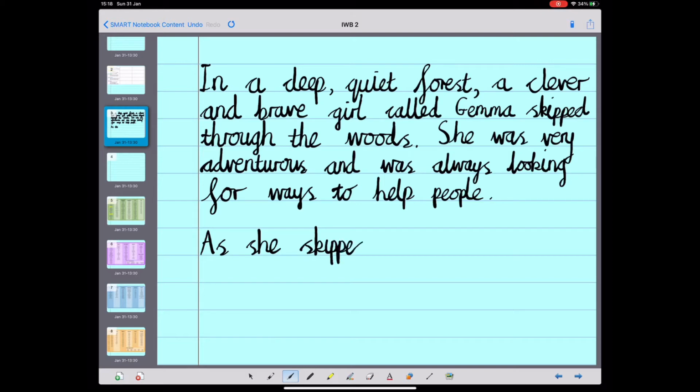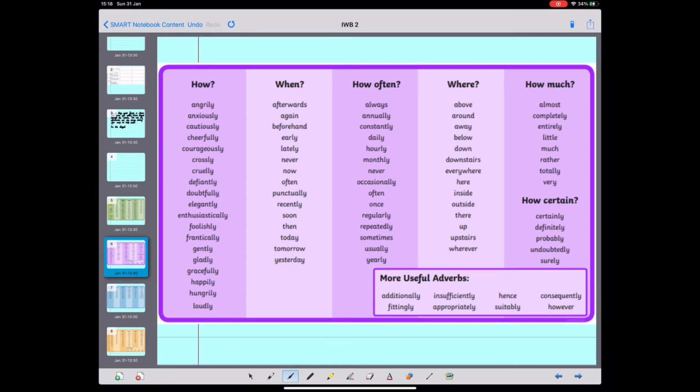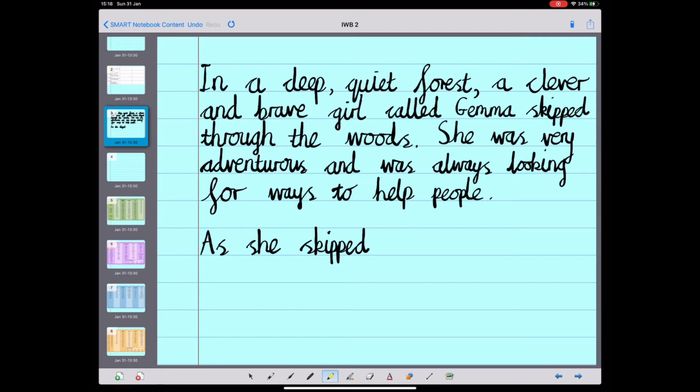skipped, could I use an adverb to describe how she skipped? Let's have a look. How was she skipping? What adverb could I use? Angrily, anxiously, cautiously, cheerfully. Ooh, that sounds good. Cheerfully. Courageously, crossly, cruelly. Let's go for cheerfully. That's a good adverb. As she skipped cheerfully, comma, she